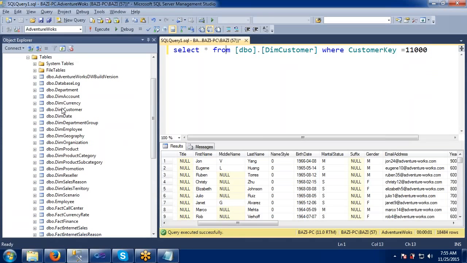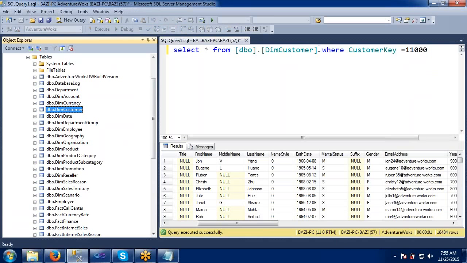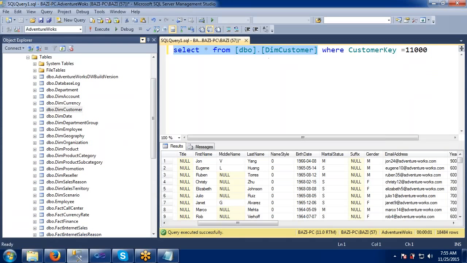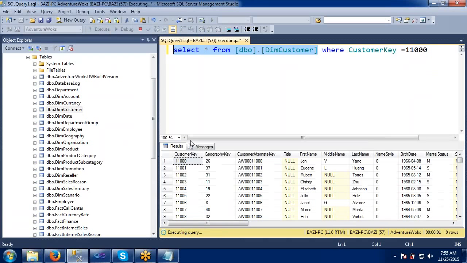What is that one? Dim customer, right? See, we have simply given customer key values like 10, 20, right? But if you see the data, it is starting itself from 11,000. That's why the data has not come to this.